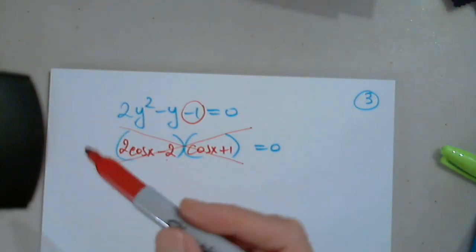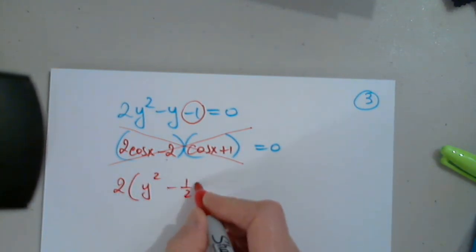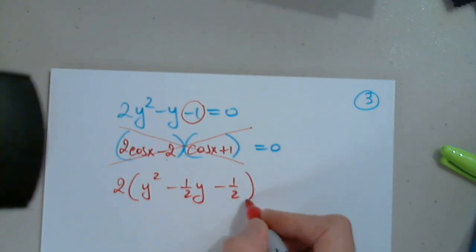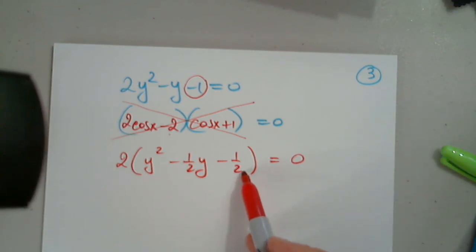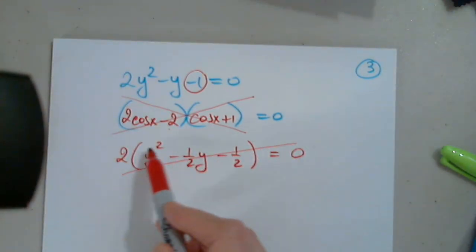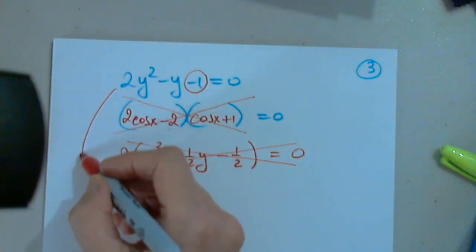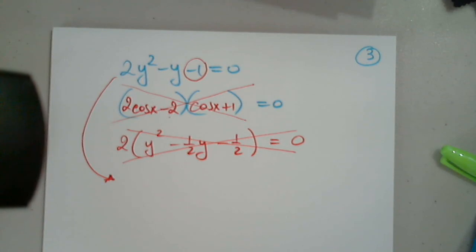So change it to 2 times y squared minus half y minus half. I mean, now can we factor the y squared minus half y? No, we can't. But what happens here? Okay, so let me show you not the guessing method, but the long method that will make sense, I think. And you'll let me know. So let me